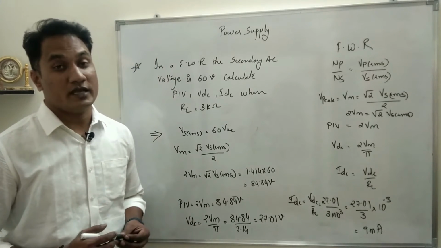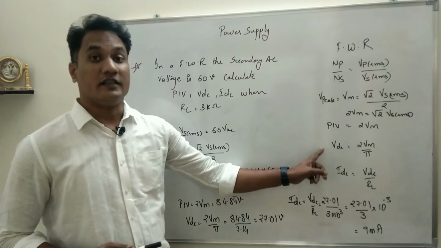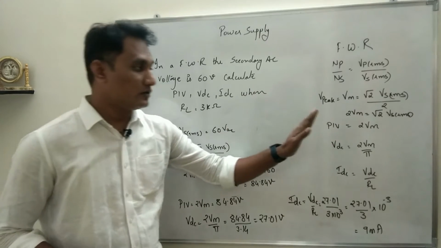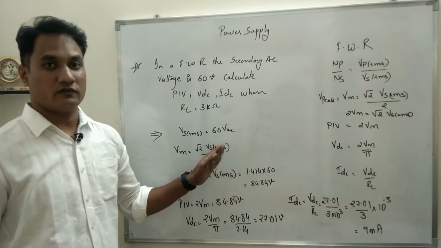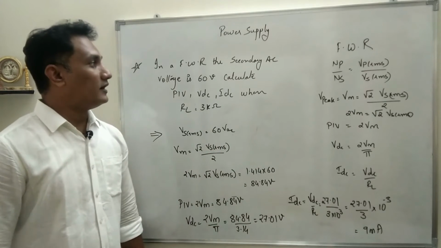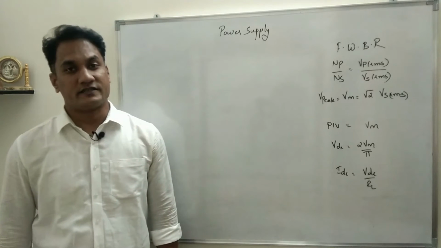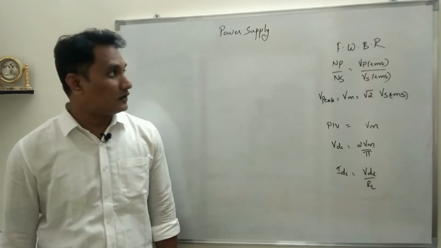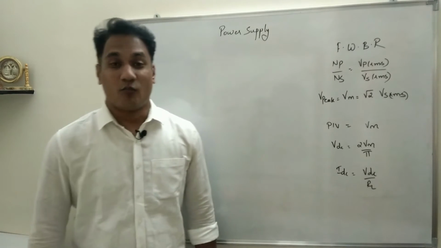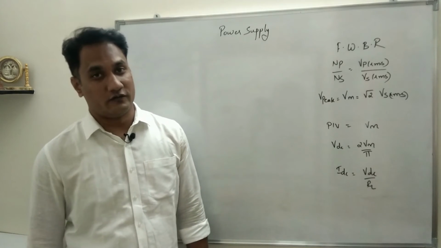You just have to understand the modifications in the formula as compared to the half wave rectifier. So just substitute those values in the formulas and you will get the answer. So this is for the full wave rectifier. Next, the last one in the list is the numerical based on the full wave bridge rectifier. Now again we have to see the modifications in the formula as compared to the half wave and full wave rectifier.